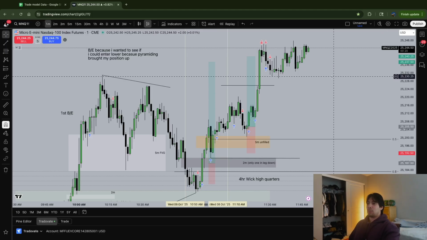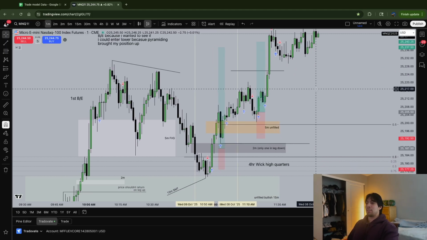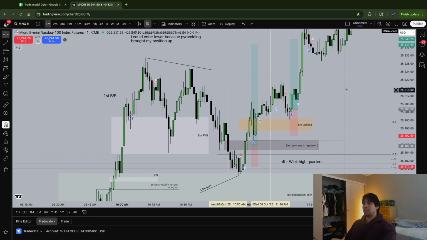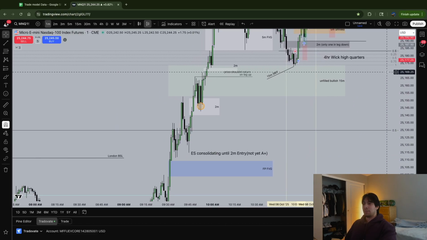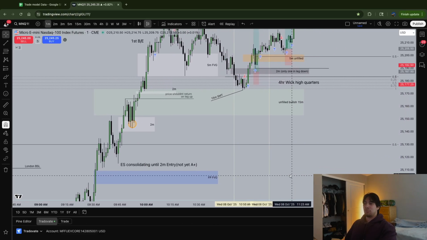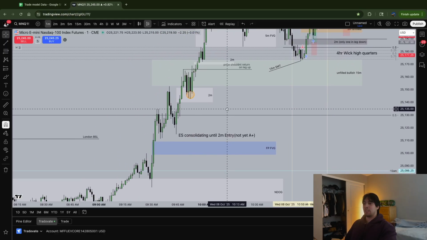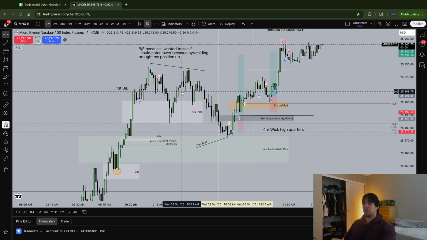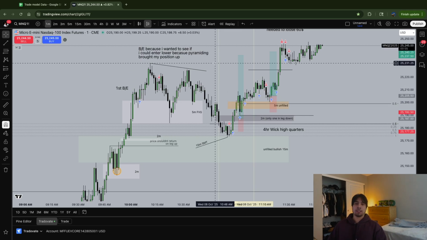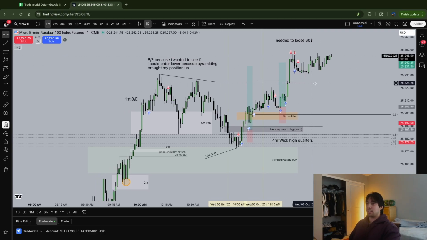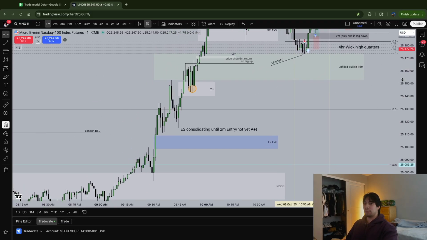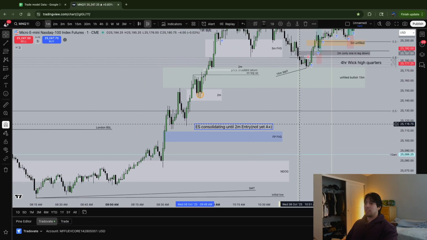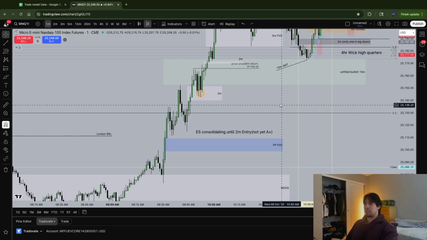Today is kind of usual: you'll find a move, but sometimes it'll be a bit harder to find in price action. Sometimes it'll be easier, but today, I really wasn't looking to trade until I saw this really obvious move, and then I really wanted to trade in the macros, especially. That's why I took a break even trade when we started doing this. I waited for the second macro because macros, especially on no news days, are very, very important. That's when price is most likely to move, and that's basically our job. We're pairing up all these confluences to see where is the most likely position to enter to make money.